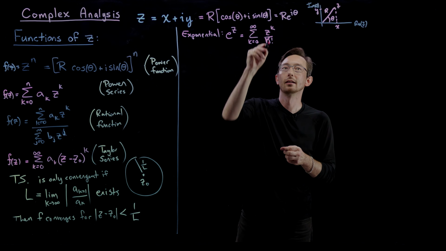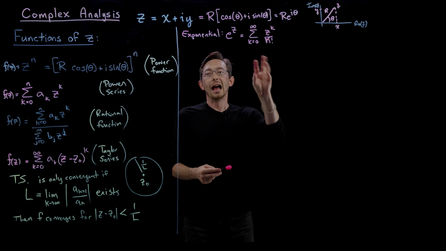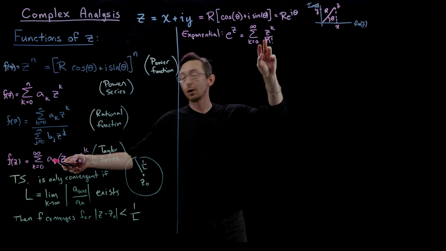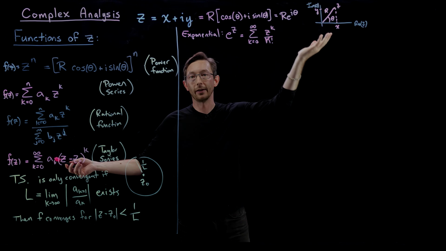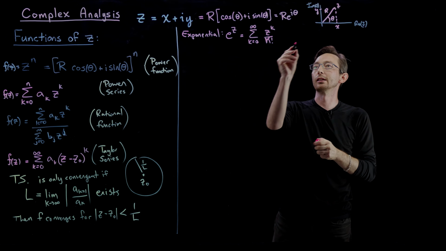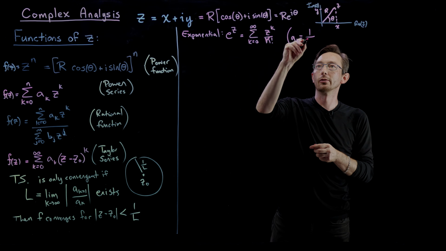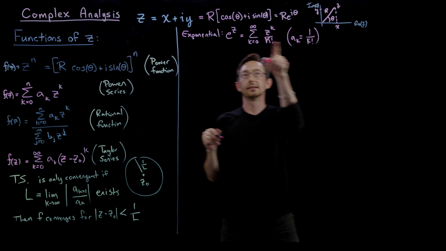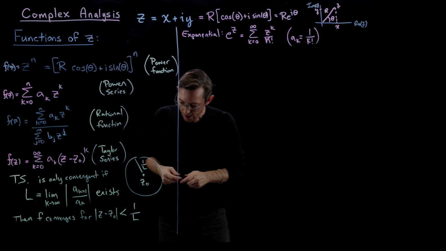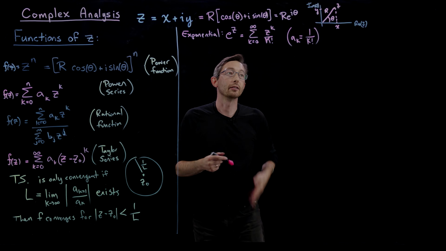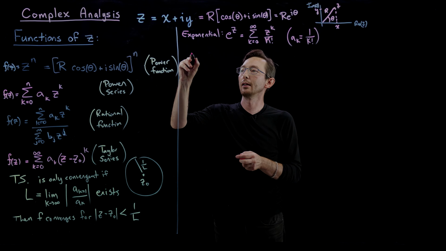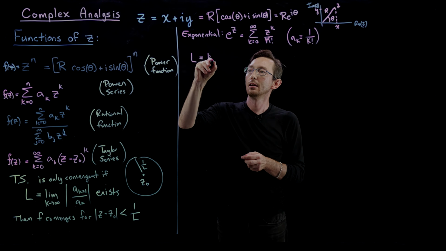And so the a_k coefficient is 1 over k factorial. That's the coefficient out front of this. And so to check the convergence, we're going to check L equals this limit